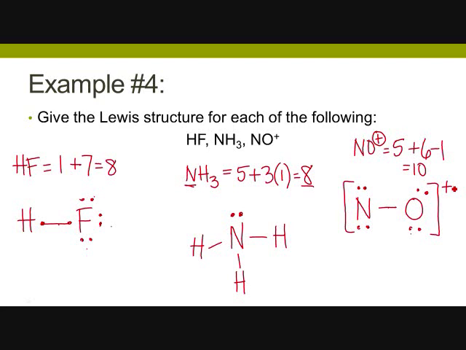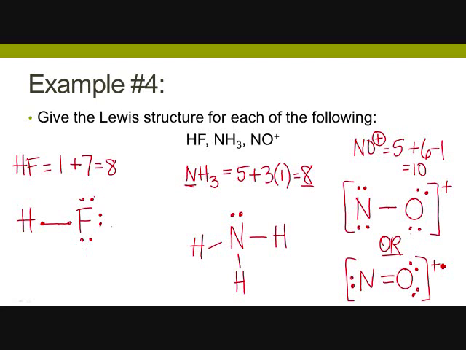Personally, this is also correct. This is what I did. So I had my nitrogen and my oxygen. I like to double bond things if possible, so I created a double bond. And then the oxygen is more electronegative, so I gave that one 2 pairs versus just 1 unshared pair on the nitrogen. And there's still a total of 10 electrons, so this would also be a correct option for the